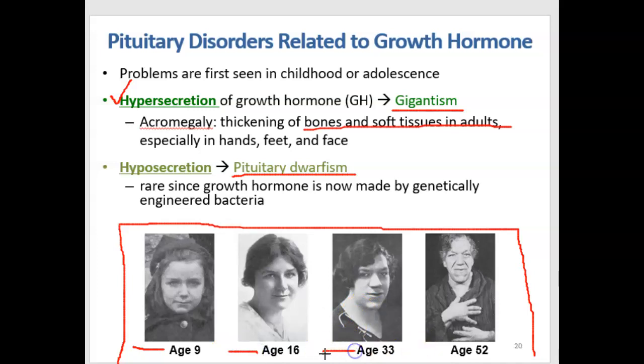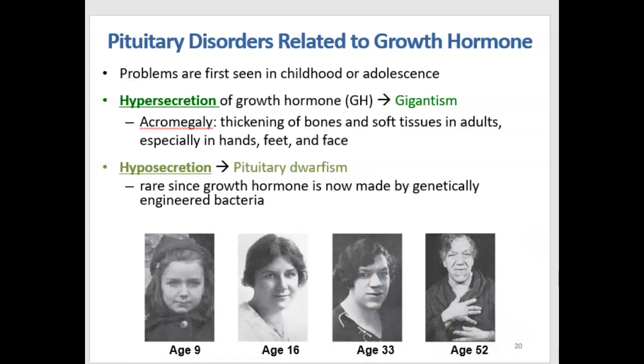But post-pubescence, you see that there is a broadening in the nasal bones and the jawbone, and then you can also see that the same thing was happening with the hands and the feet. Hyposecretion of growth hormone results in dwarfism, and this is kind of rare to be seen, pituitary dwarfism, past a young age, because, as I mentioned previously, the growth hormone can now be given intravenously